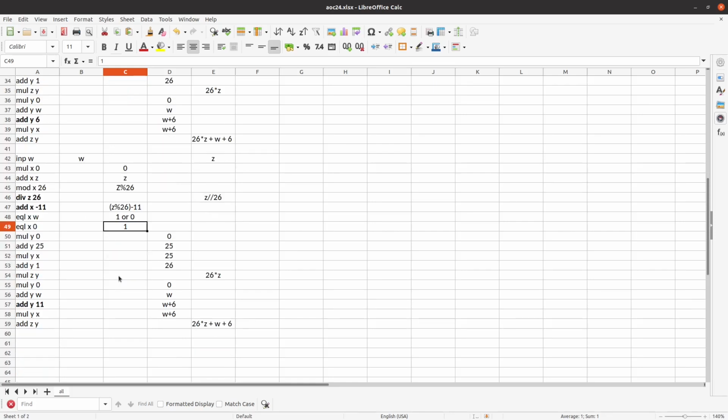Then we can have 0 or 1 for this. We're going to multiply y the same, multiply this the same. When we multiply y by x, this time we're going to get 0 or 25. So we're going to have 1 or 26 here. We are now going to multiply z by y, so we're either going to have z over 26, or